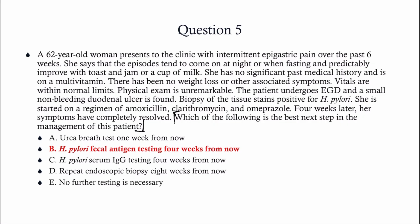It'll save you time. All right, so what we know is that she's got an ulcer and it's an H. pylori ulcer. What do we then do? Triple therapy. There's also quadruple therapy. Pick your poison. Triple therapy is more commonly on the test in my experience. So she started triple therapy. That's amoxicillin, clarithromycin, and a PPI, omeprazole. And you go on that drug for 4 weeks, and then